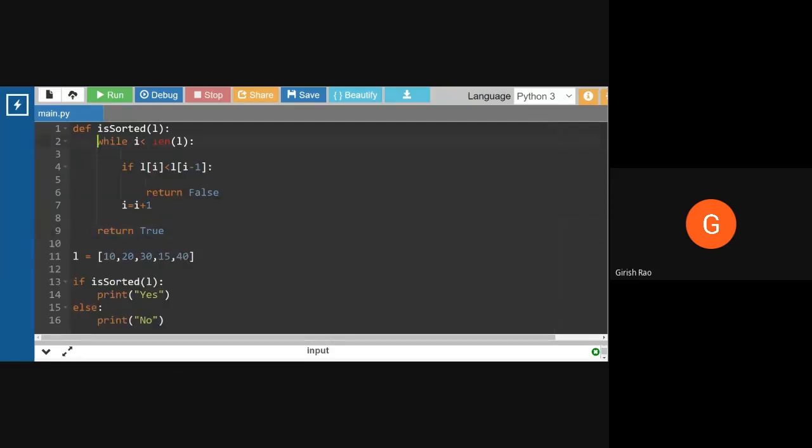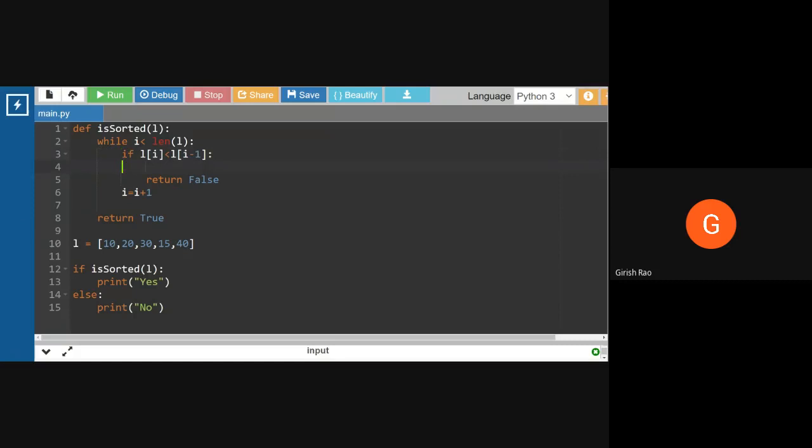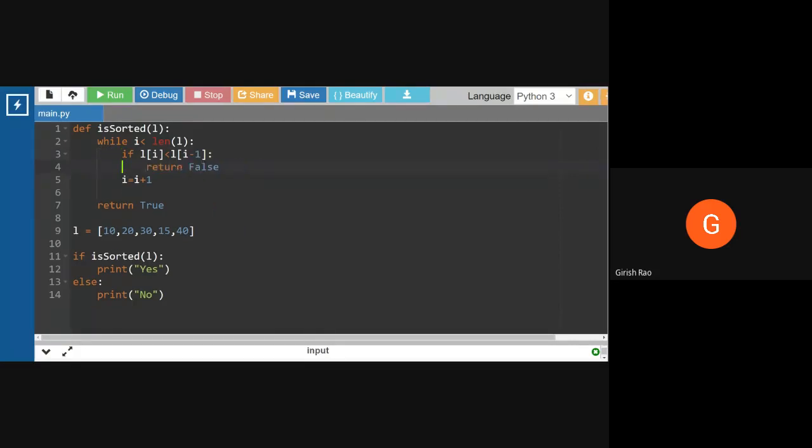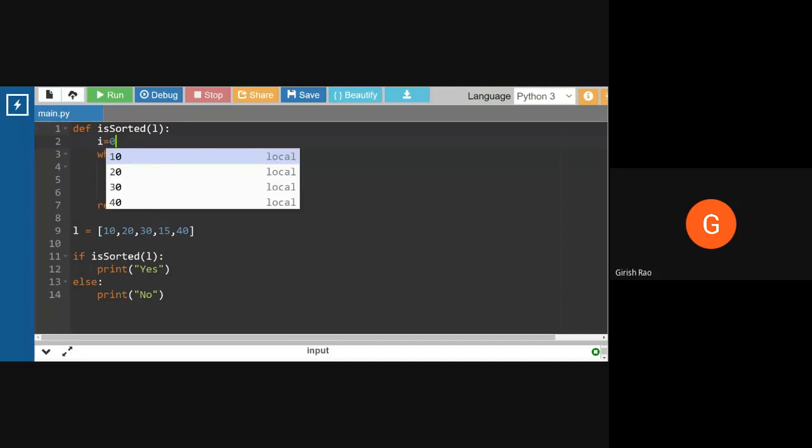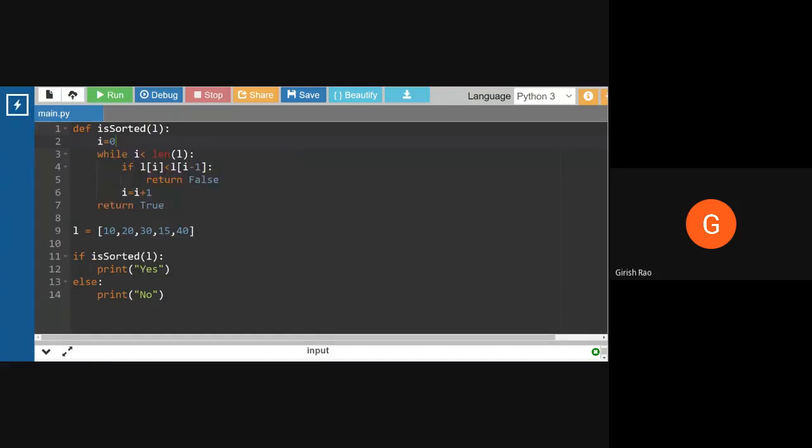What I was telling was something like this. See, initialize i to 0. Okay, what was L over here? L was this particular list.